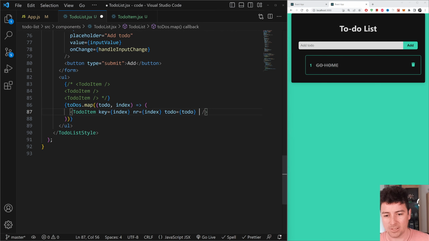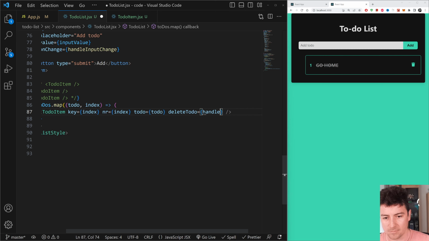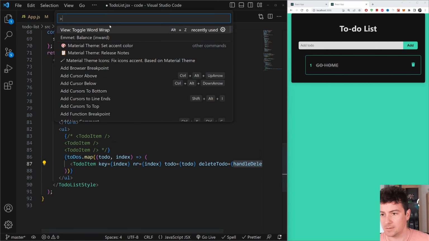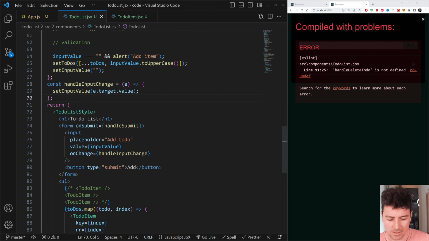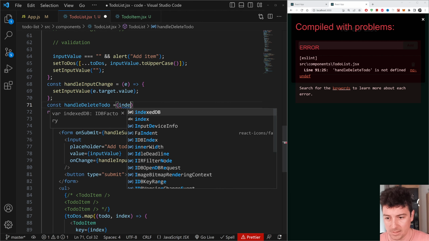So let's pass down here a delete to do, which is going to need a handle delete to do. So let's create this function. Also, I think I have my word wrap deactivated. Yep, there we go. Word wrap is now active. And let's create here a const of handle delete to do. And this will now depend on the index of the to do. So we're going to pass in here in an arrow function the index,